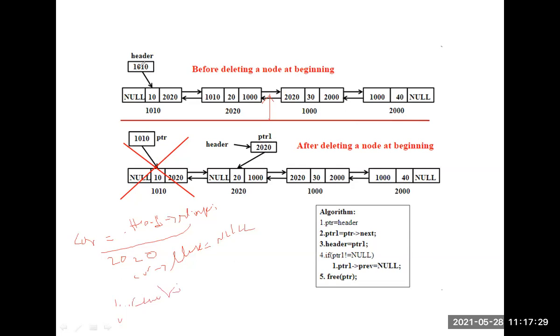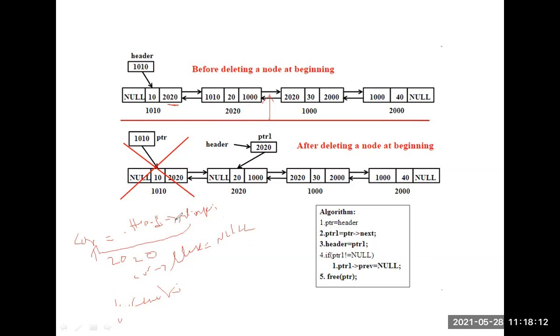Clear, students? So just store this address in some temporary variable. This is nothing but the header. So header of right link is the next node address. I stored it in current, and header of right link equal to current. Next, the current is now 2020. This is the first node in the doubly linked list. First node of left link contains null, so I replace it: current of left link equal to null. Then free node current. Then I remove current. Then this node acts as the first node.